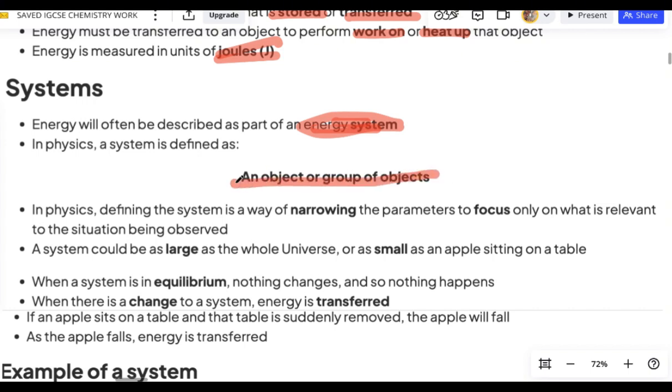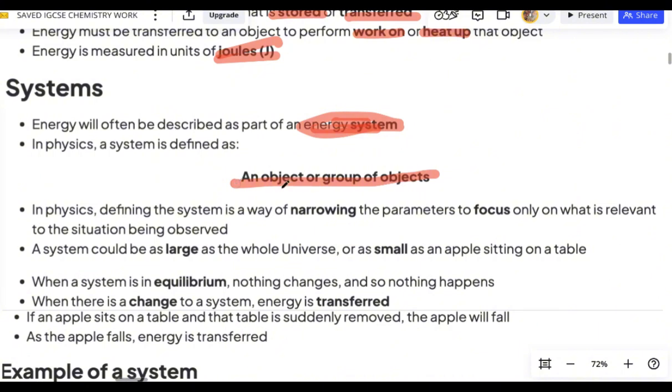Defining the system is a way of narrowing down the parameters to focus on what is important to us, and what we observe in our environment, right? So a system could be as large as the whole universe, a country, or a continent. It depends on what you represent. It could just be an organization or institution. So a system depends on what you're looking at. That's why we say the ecosystem. Which ecosystem are we looking at? Are we looking at the mechanical ecosystem, the electrical electronics ecosystem, the AI ecosystem? Energy is in various systems and it depends on what we are looking at.